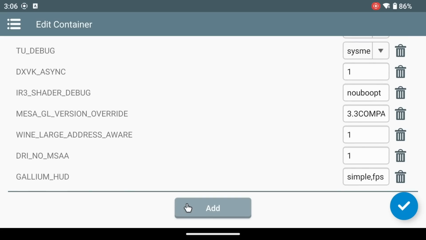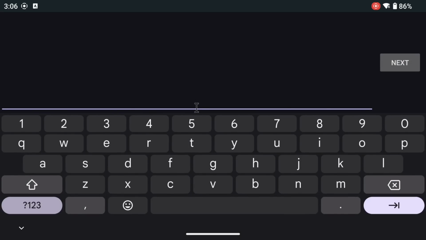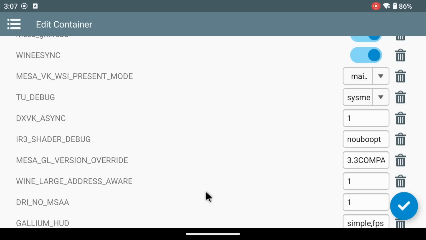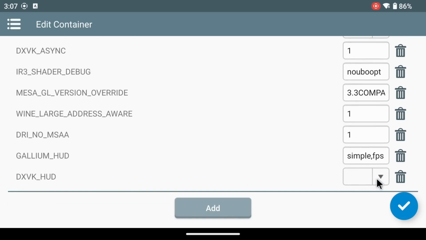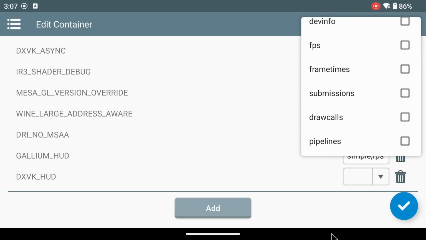You can add more variables by tapping Add, either typing the variable or tapping on the icon next to the entry box to select one that is already included with Winlator. Notice, however, that you will need to type in a value. However, some of them can be selected after entering your new variable, after which you'll notice a drop-down box at the value entry box. Click on that and it will show you all the possible values you can apply to